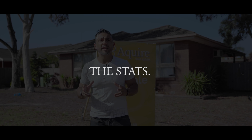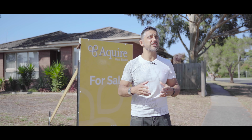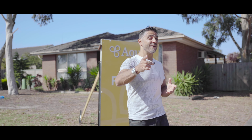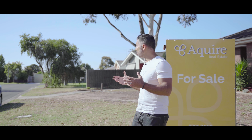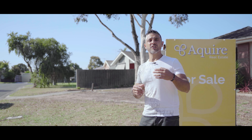The current median house price in Baxter is $570,000. It's up from $530,000 in January 2020. It's an 8% increase over the last 12 months, which is a very tidy increase, we must say, considering what we dealt with last year. Your typical 3-bedroom home will rent for around $450 a week, and it's got a general yield of around